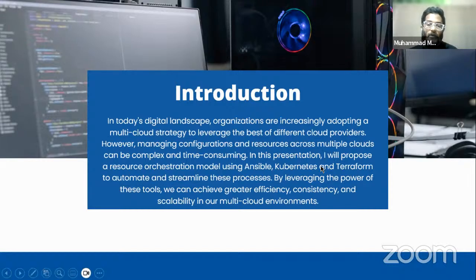Managing resources, configurations and workflows across multiple platforms can quickly become a challenge, consuming valuable time and resources. So I would like to propose a resource orchestration model that integrates three powerful tools: Ansible, Kubernetes, and Terraform.